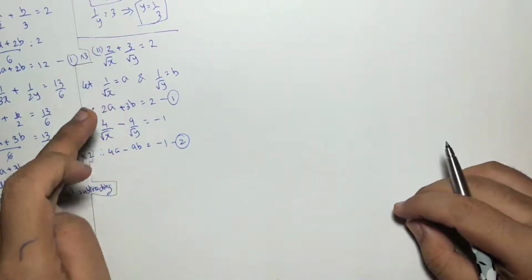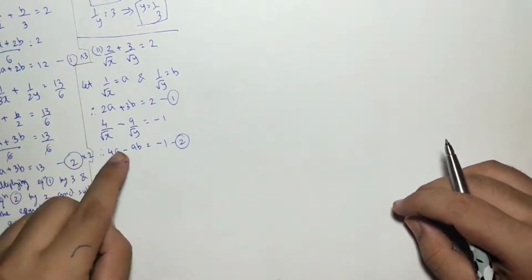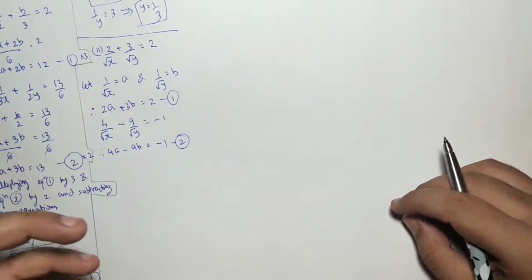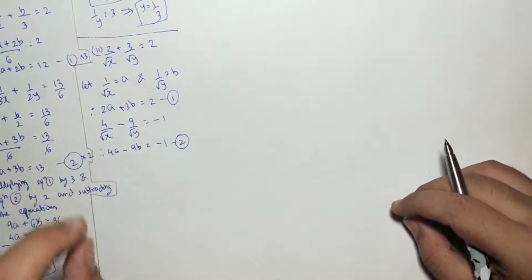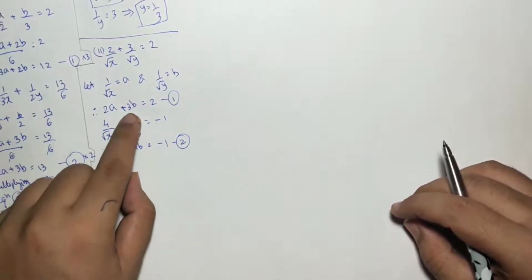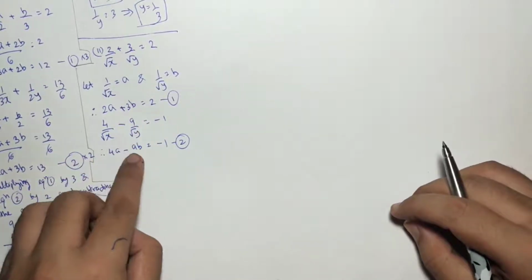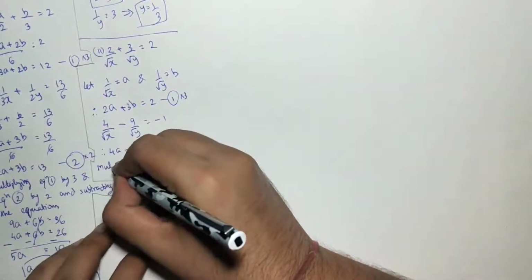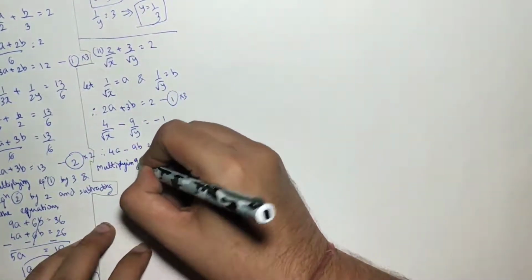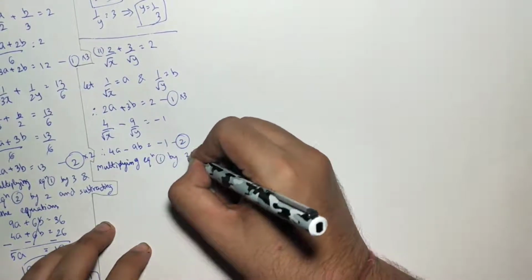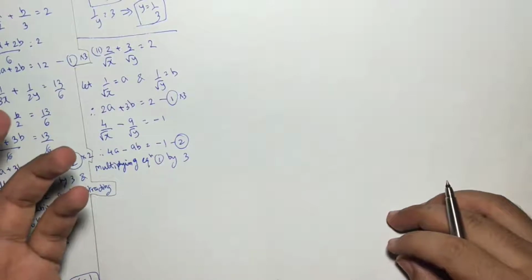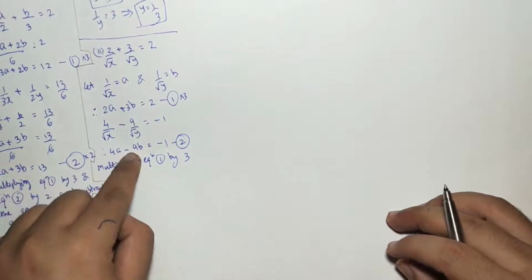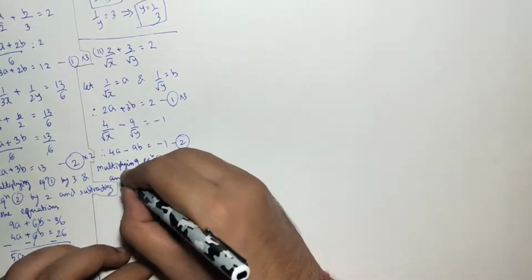Now, I will concentrate on the variable having different signs. Here b was positive, b was negative. Why am I concentrating on that? So that my elimination method becomes easier if I simply add them. As you can see, the coefficient of b is 3 and the coefficient of b is 9. If I multiply the first equation by 3, and the second equation does not have to be multiplied with any number because it already has 9 and the signs of both are different, so we have to just add them.